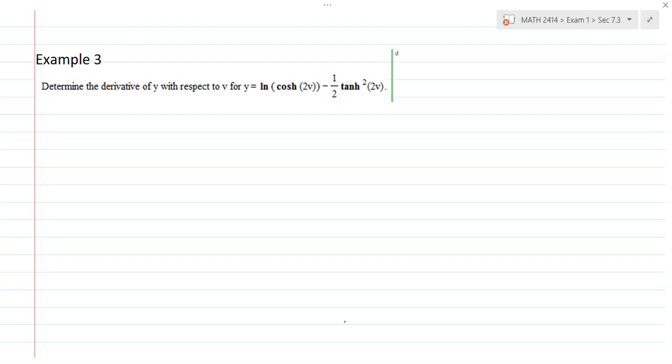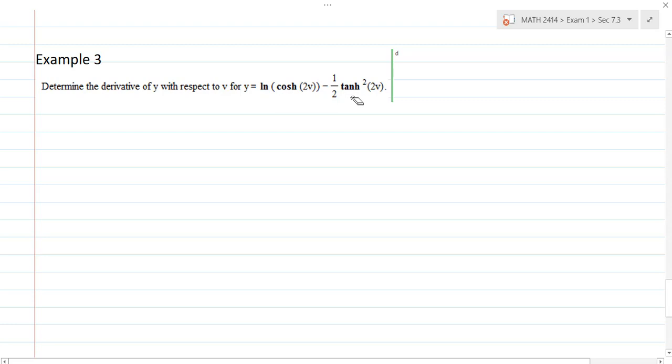In example 3, we're asked to determine the derivative of y with respect to v for y equals the natural log of the hyperbolic cosine 2v minus 1/2 the square of the hyperbolic tangent of 2v. In order to do this, you need to recall that the derivative of cosh is sinh. It's the hyperbolic sine. It's not negative sinh. The derivative of the tanh